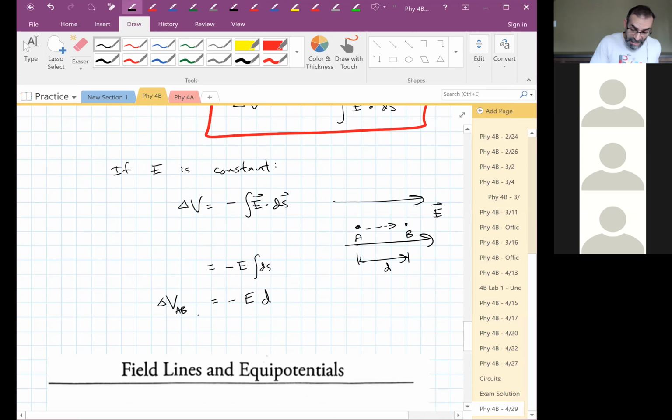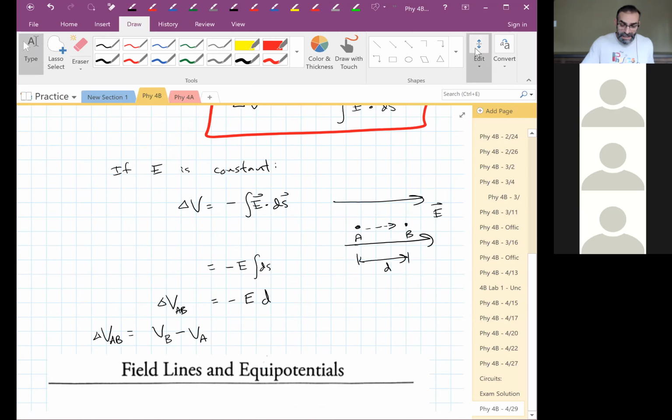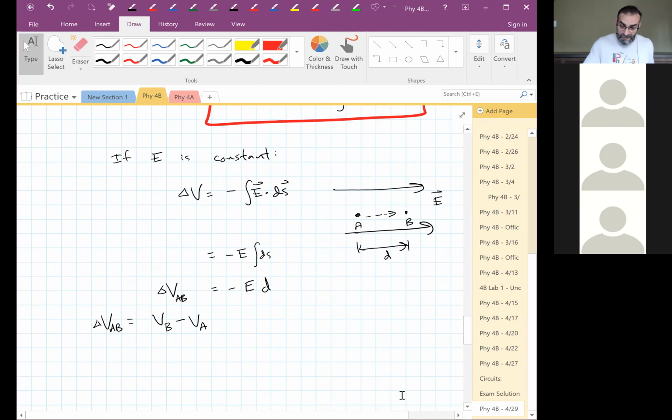This delta V AB is V final minus V initial. So which one has to be at higher potential? A,